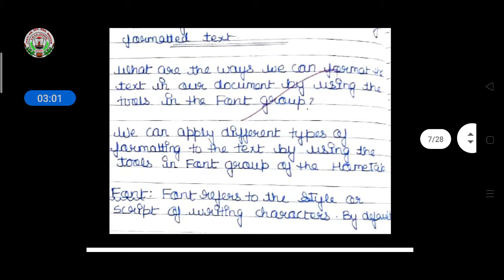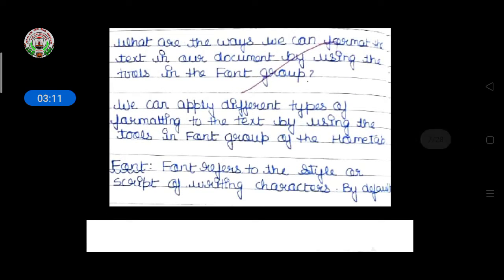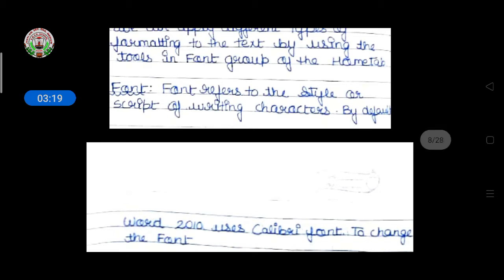What are the ways we can format the text in our document by using the tools in the Font group? So how many ways are there? We can apply different types of formatting to the text by using the tools in the Font group of the Home tab. First, font refers to the style and script of writing characters.